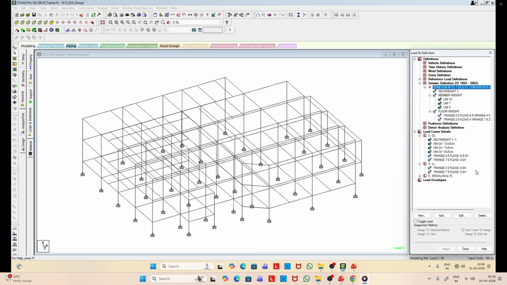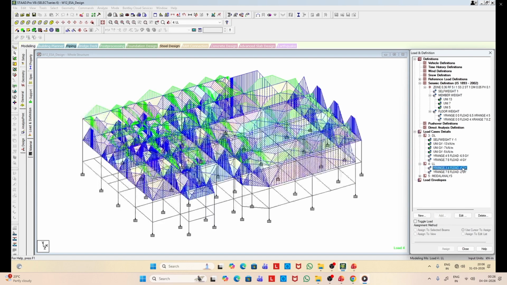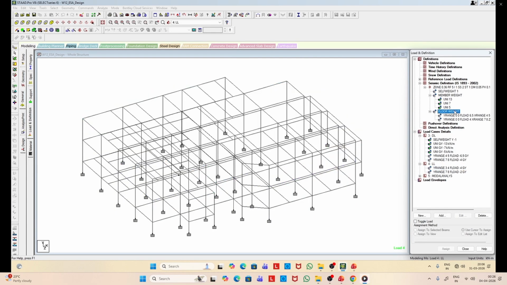So now these are the live loads that we earlier applied. And when we do the seismic analysis, a portion of the live load also we have to apply. That we'll do in a minute, following the same strategy.